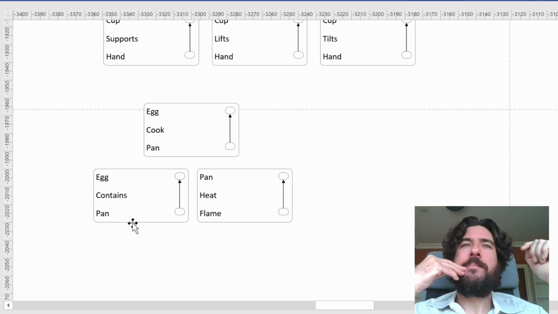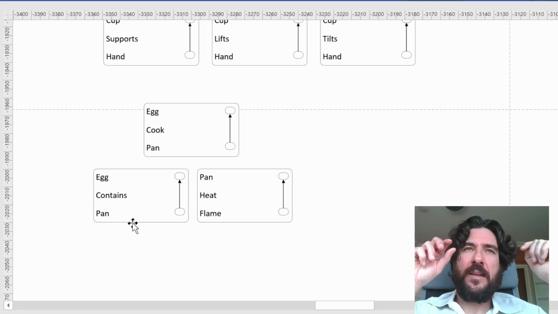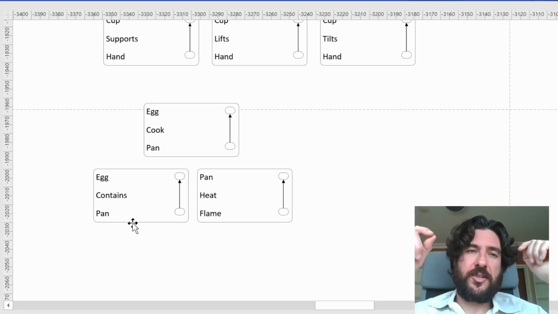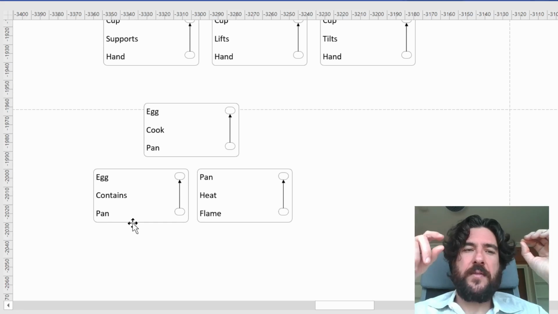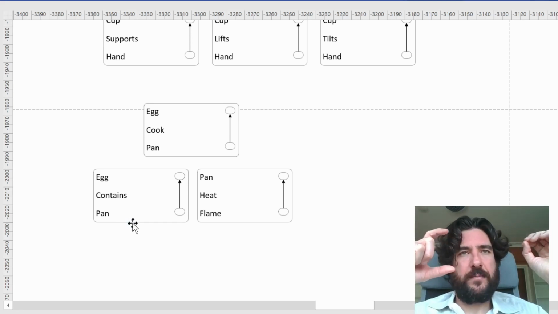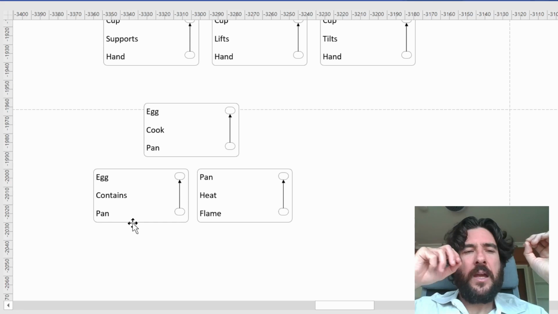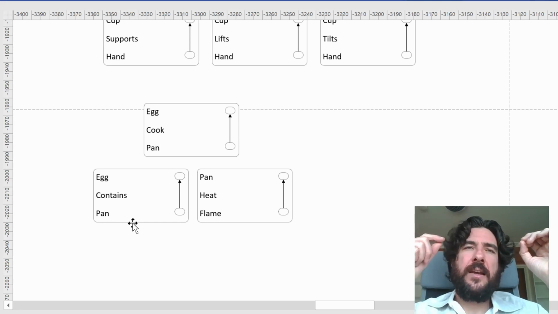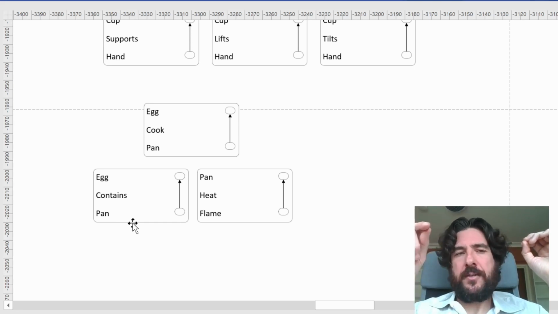What about the flame? Perfect example. The flame can be high. It can be on high. It can be medium. It can be low. If you have an electric stove, or an induction stove, well, induction stove is a little bit different, but if you have an electric stove, you can set the heat temperature to where you want it. Okay, so remember, again, we're not just on or off. It's setting a dial. And what will happen later is we'll look at if that egg burned,